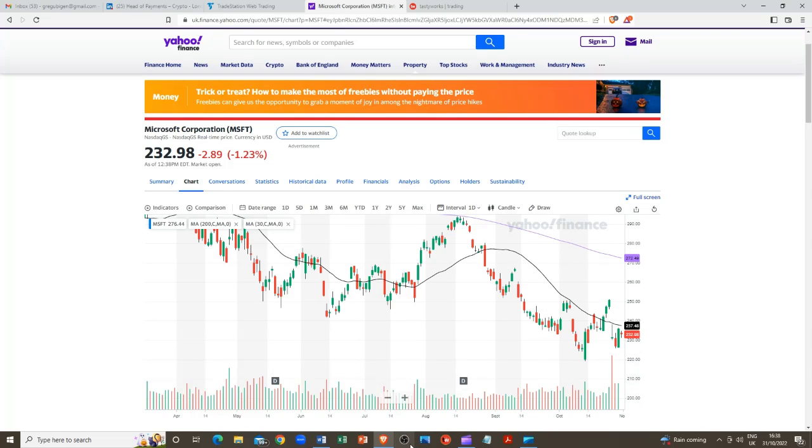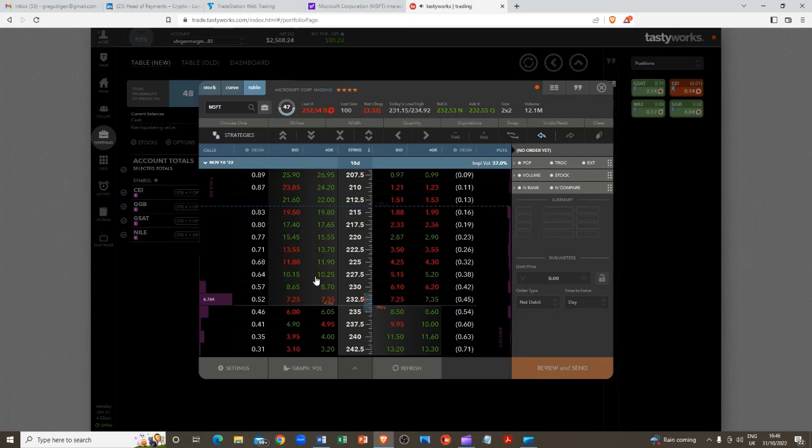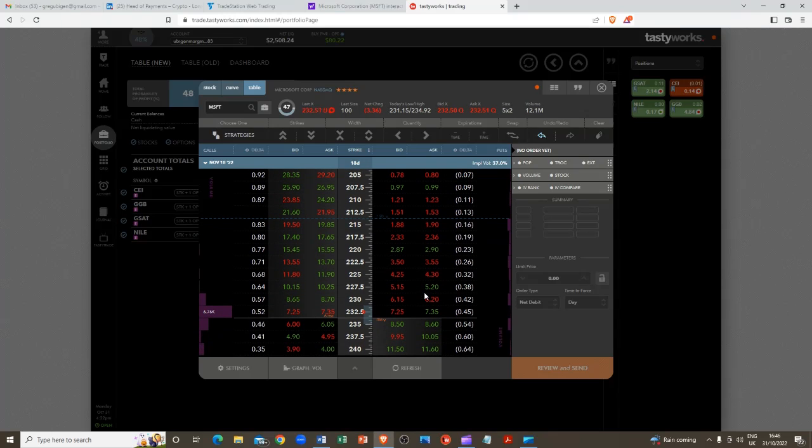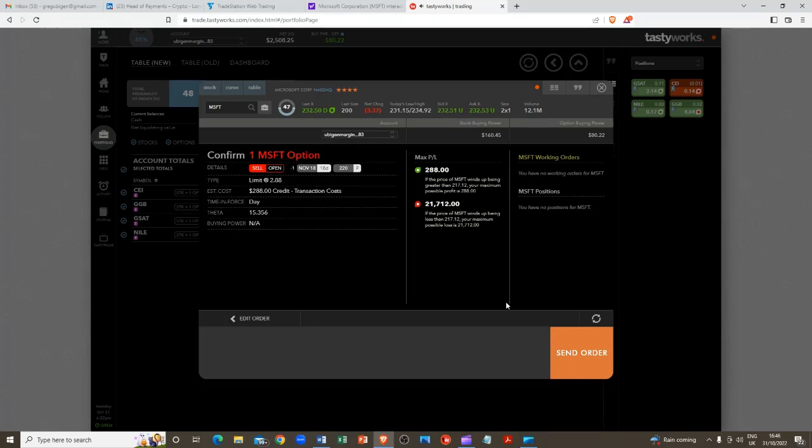All right, let's have a look at it. So if we go into Tastyworks, like we said, we're looking to execute a transaction below the 220 mark. So the first option is we could just sell a put. And when you look at selling just a put, you will see the capital required to sell a put is